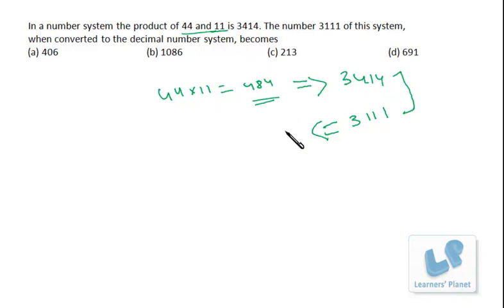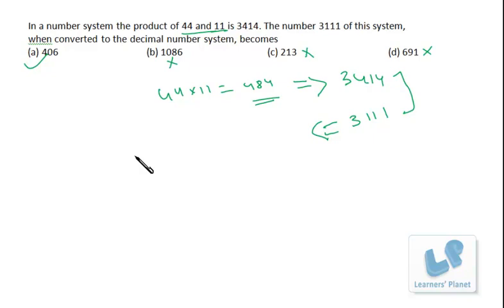So first of all, let's check the options. We can eliminate this, we can eliminate this, and it is very small than 484, so it cannot be the correct choice. So we just come to know that this is the correct choice. So this is the method by which you can get the instant answer. But if you want concept clarity of this question, then let's discuss that.